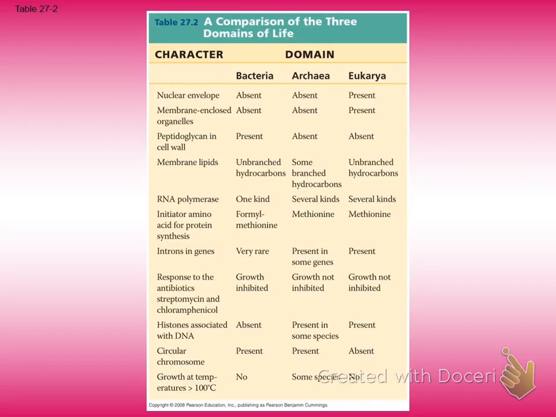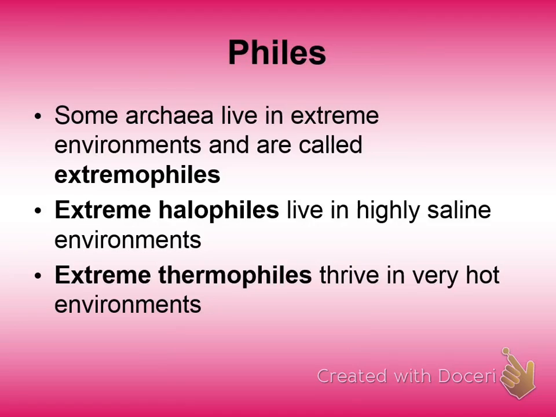Here's some different characteristics of the different organisms. Most of these organisms aren't going to make a lot of sense to you until maybe we study them a little bit deeper, but it kind of classifies them into these different areas. Now, we have certain bacteria that are called extremophiles that live in extreme temperatures and pressures and different environments.